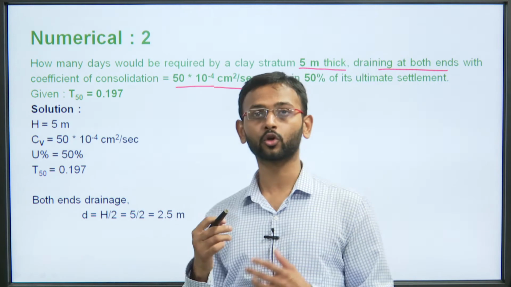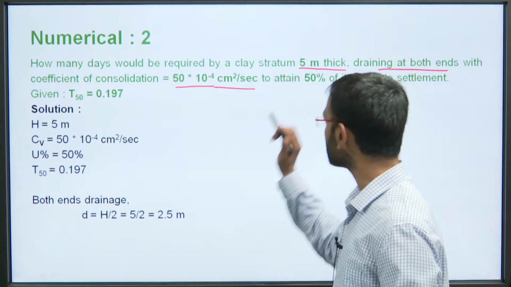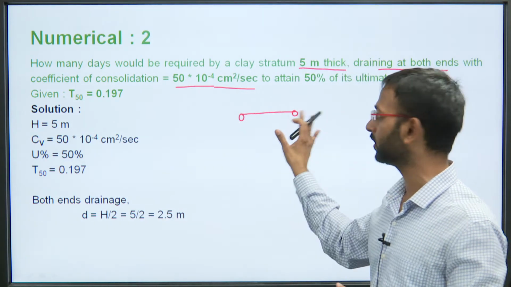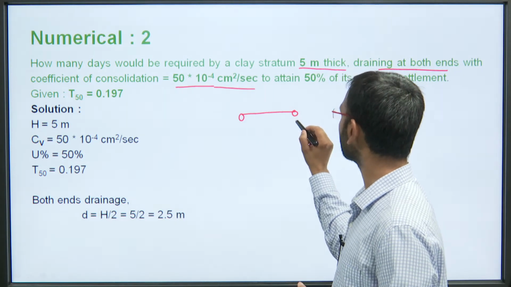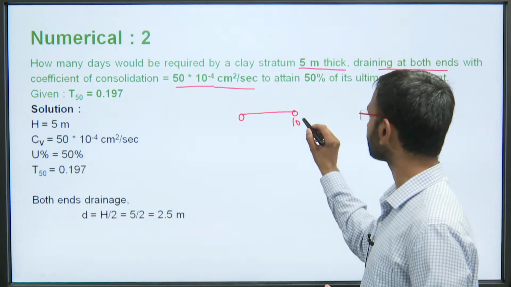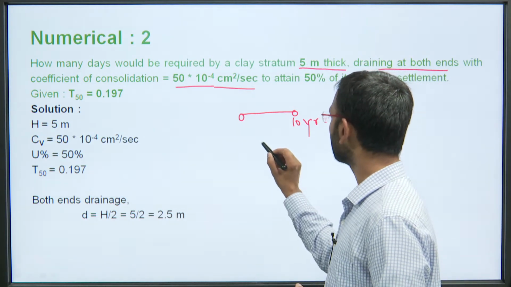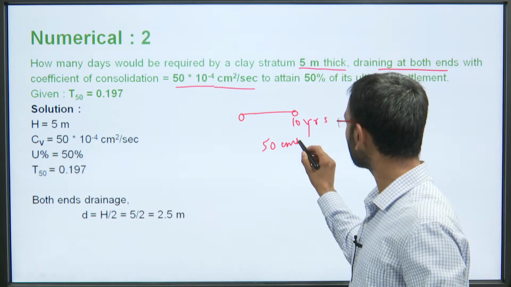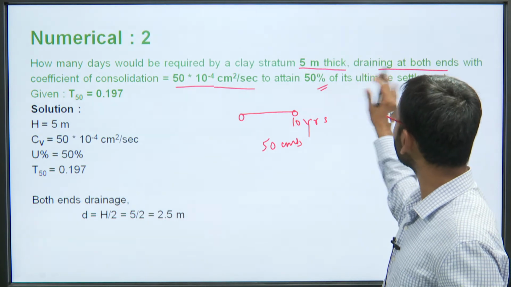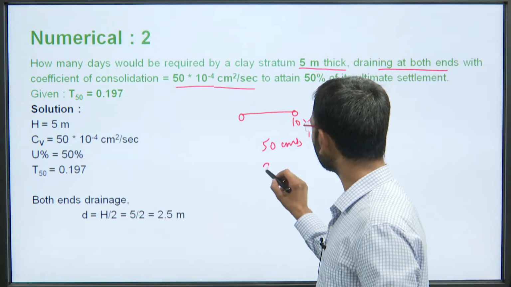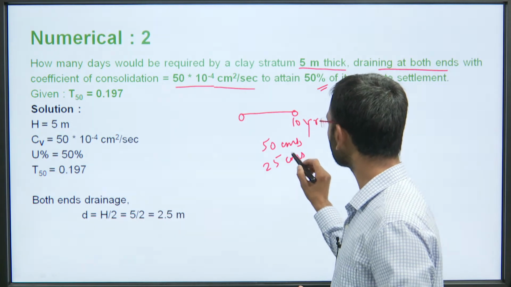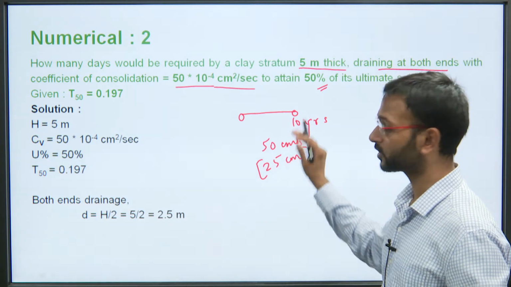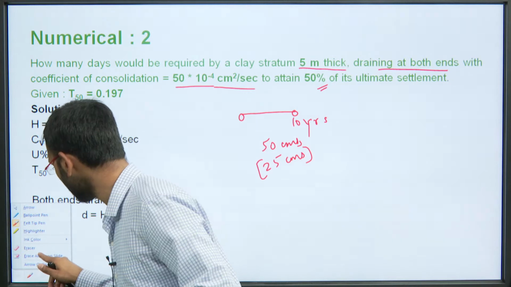So now what we are talking about, 50% of its ultimate settlement, that is, let us say if the soil was in this time span, let us say it is 0 and some 10 years or so, if the total settlement to be observed was, let us say 50 centimeters, I am taking just an arbitrary value here for explaining you. So if we are talking about 50% of its ultimate settlement, we can easily say that we want to find out 25 centimeters of settlement, and what time would it take for this 50% settlement. So we have to find out this thing here.